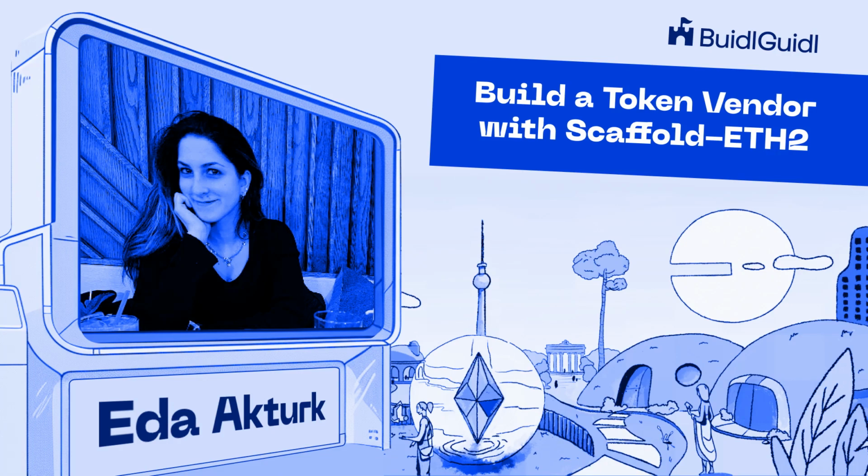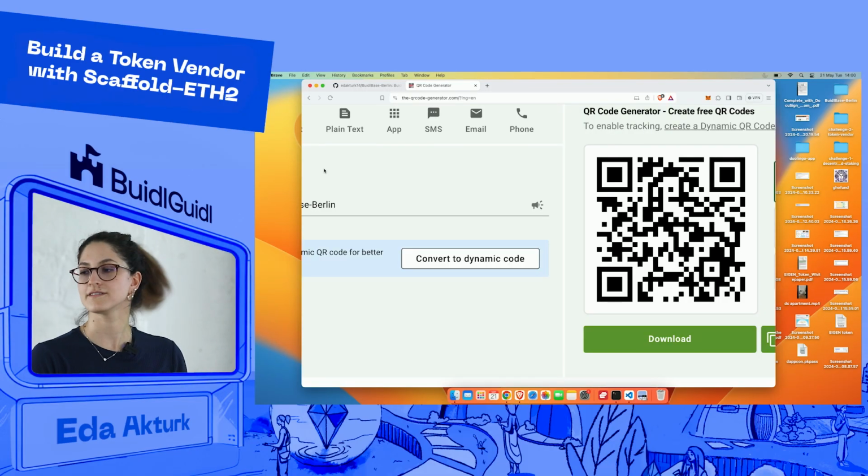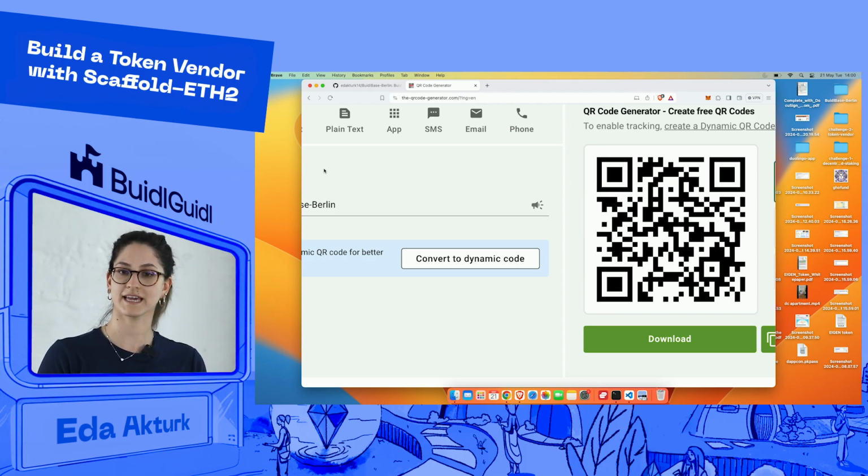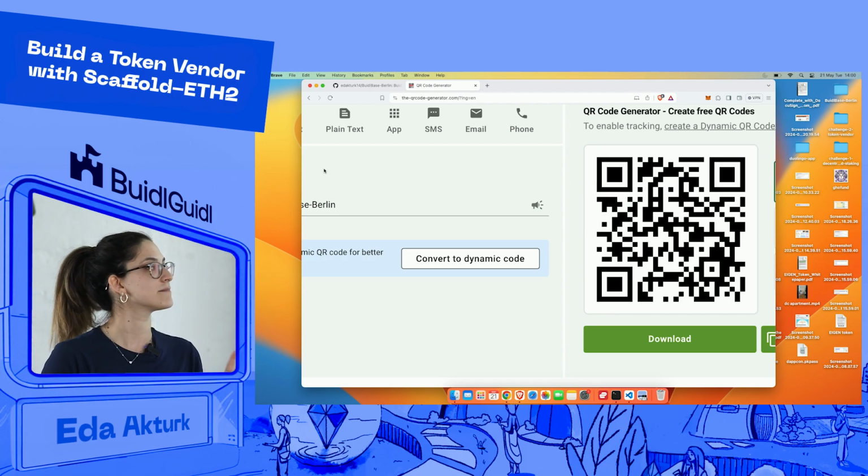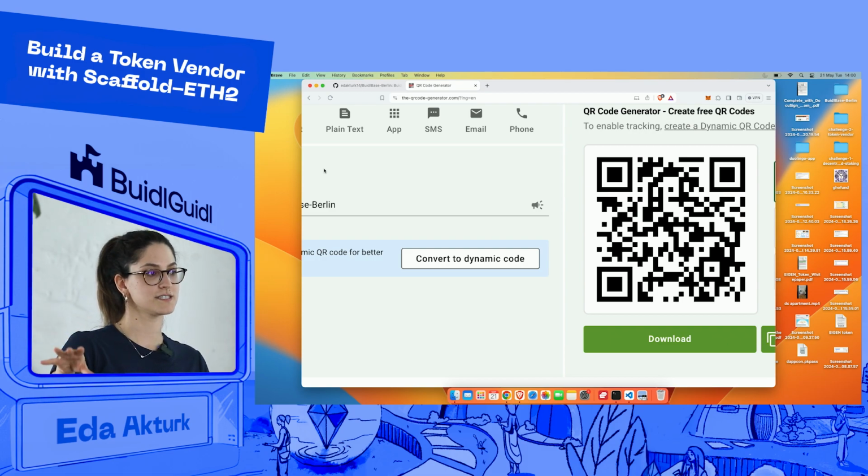So we've been talking a lot about Scaffold-ETH and what you can do. We're going to be building one of the challenges called Speedrun Ethereum, actually using Scaffold-ETH and building a small token vendor application. And I'm going to walk through everything, but I hope it will be helpful because once you